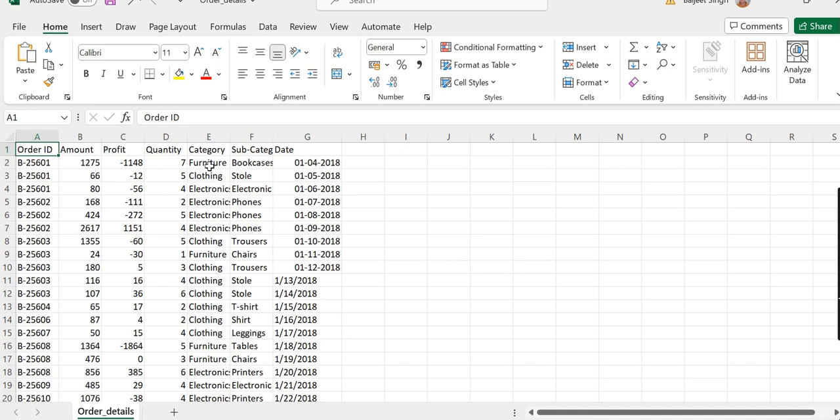The first contains furniture, the second and third contain clothing, and the fourth contains an electronic item. In all these rows, you will also notice information about total amount and total profit, along with category, subcategory, and date field for each of the orders.